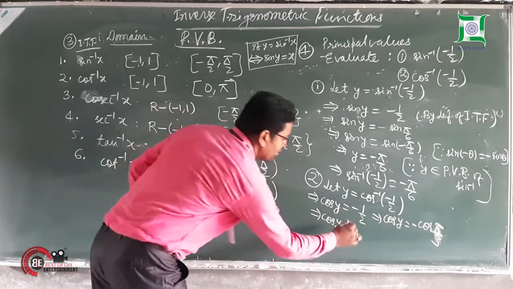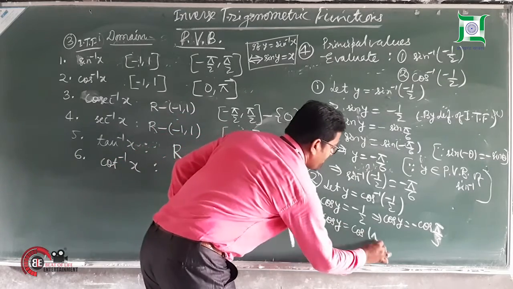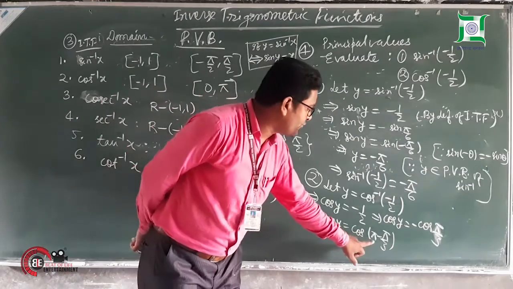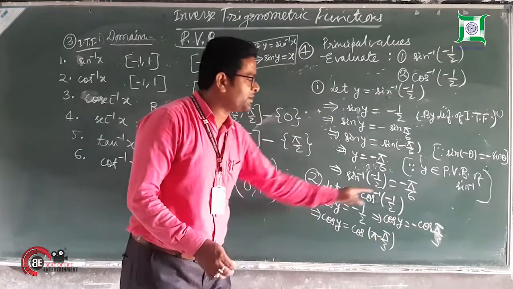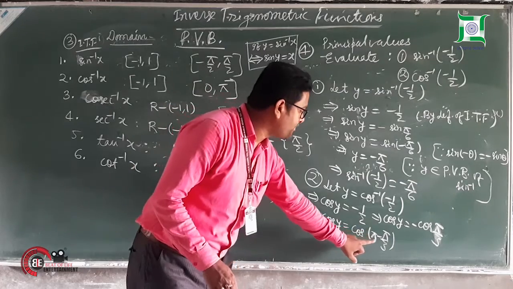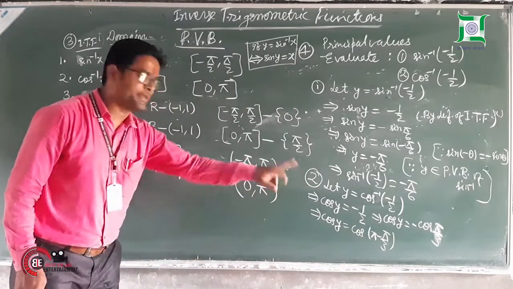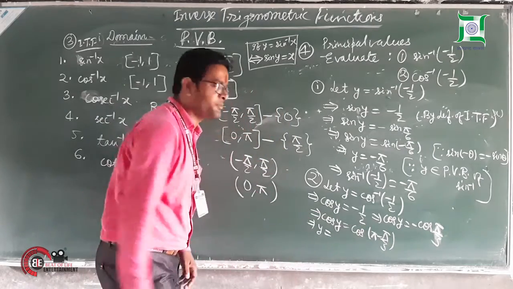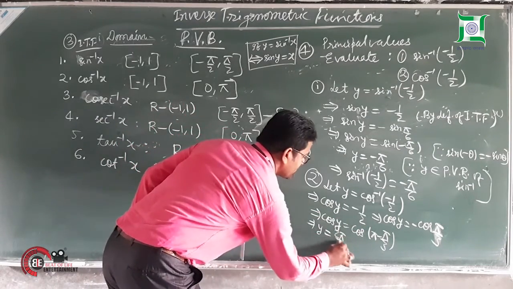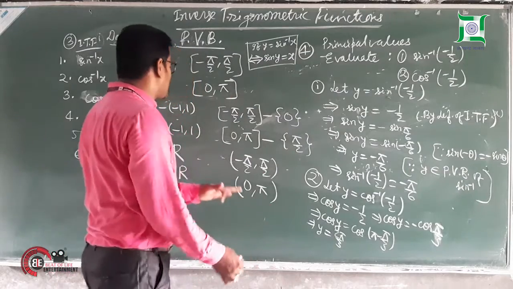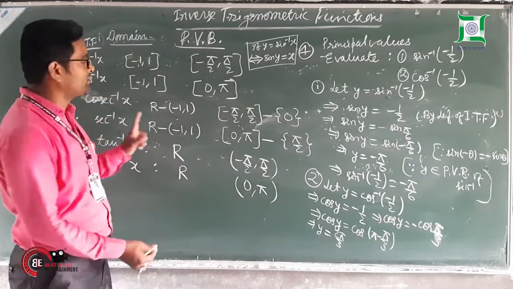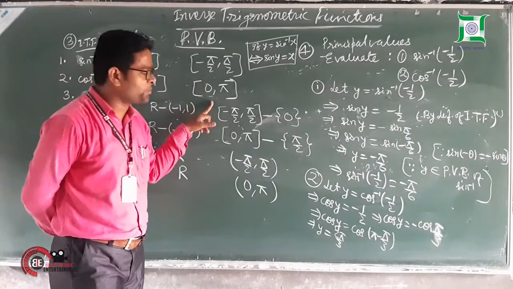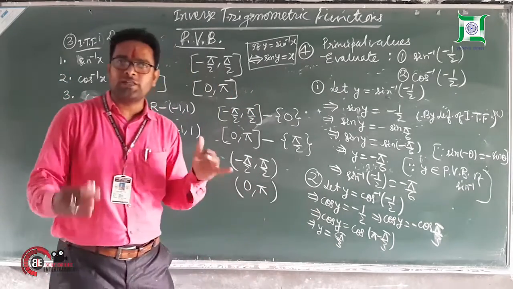See, can you write it as cos of pi minus pi by 3? Now you will ask me, sir, how have you written this? Within this pi minus pi by 3, cos theta becomes negative, and my purpose is also solved. It is within pi. So we can write y is equal to pi minus pi by 3, which will be 2 pi by 3. Now for cos inverse we have the range 0 to pi, and 2 pi by 3 comes within the range 0 to pi.